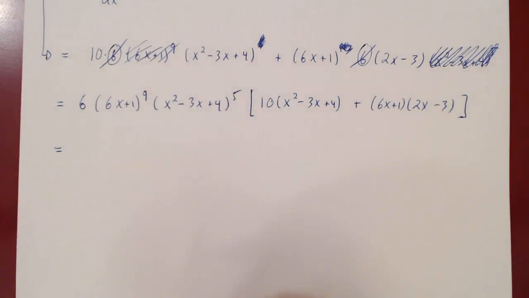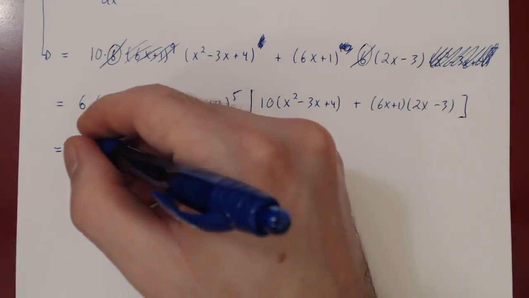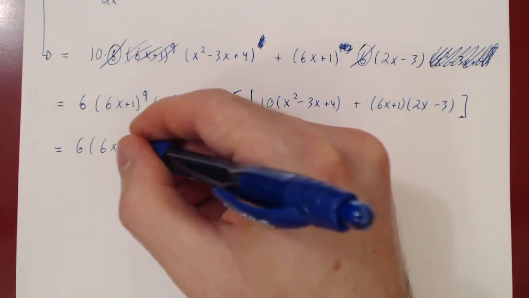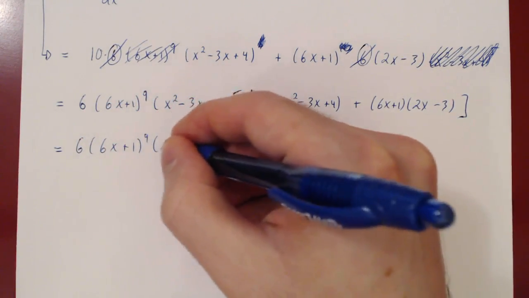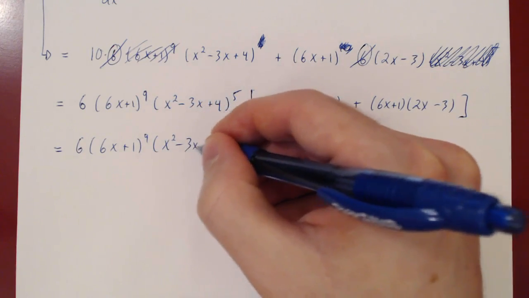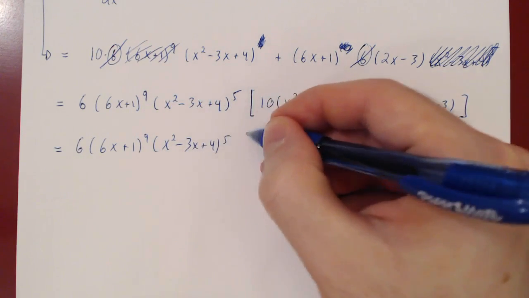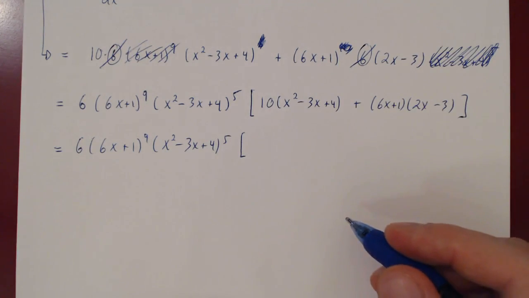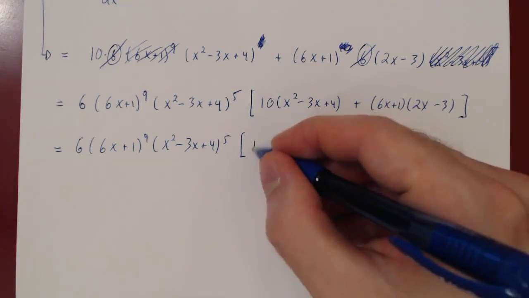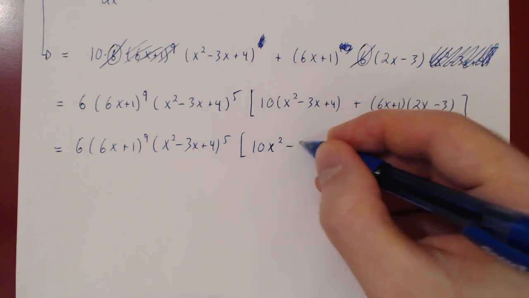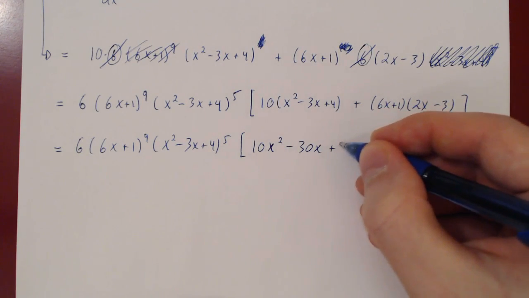Let's do so. So we recopy what we have here. So (6x plus 1) to the 9, (x squared minus 3x plus 4) to the 5th power, times. Let's multiply. So 10 times all this gives us 10x squared minus 30x plus 40